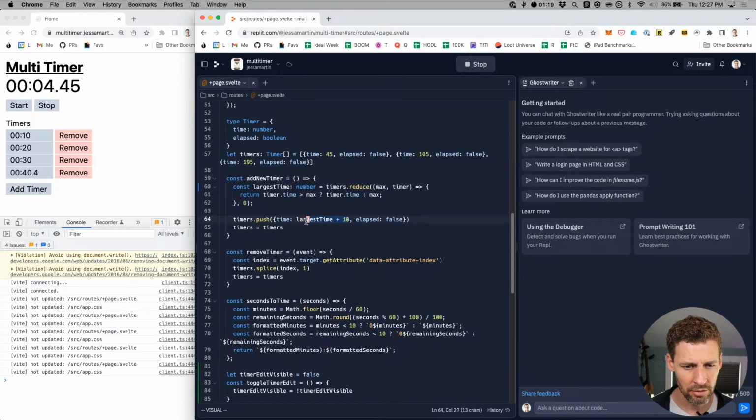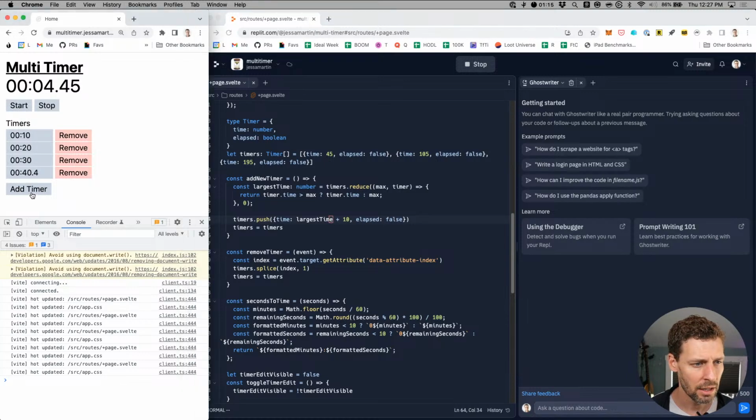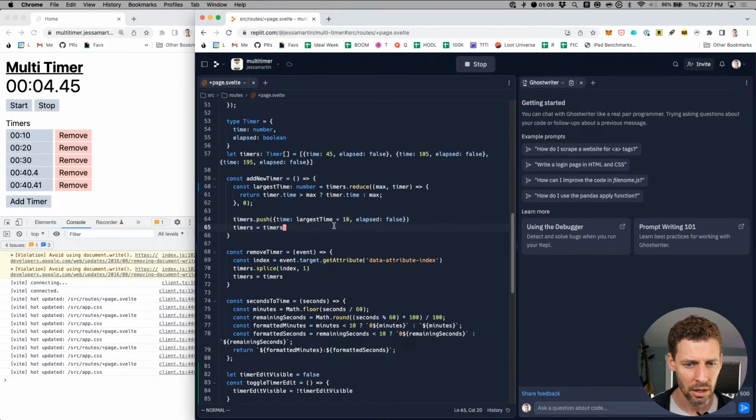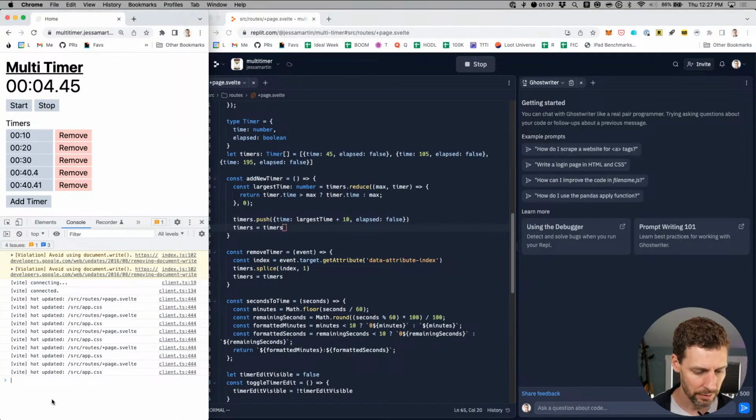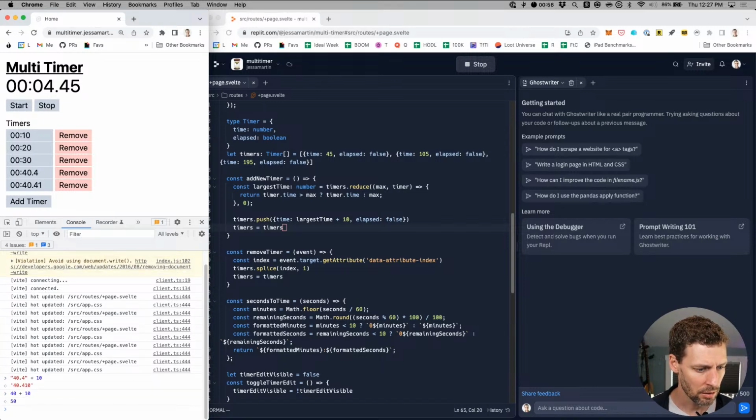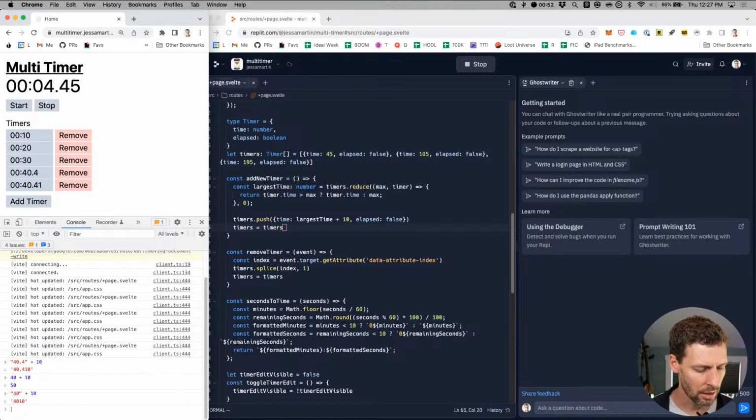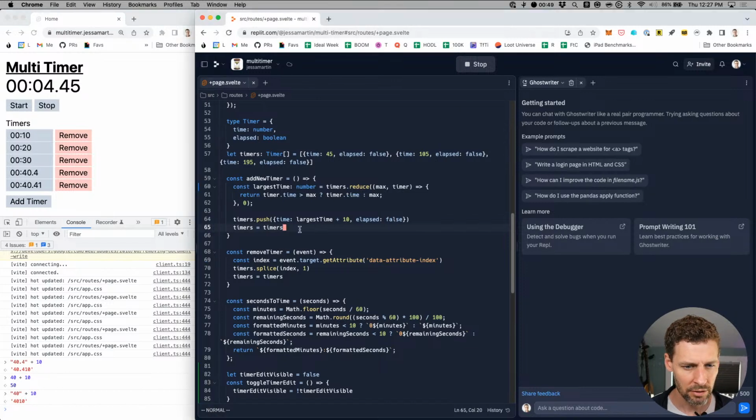This plus is definitely doing string addition. This is the result of adding an integer to a string, because you can see it's adding that 1, 0 to the end. So an example of that would be this. If I said 40.4 plus 10, you get that. Or if I do 40 plus 10, you get that. So something about this is failing to parse it as a number, it's leaving it as a string.